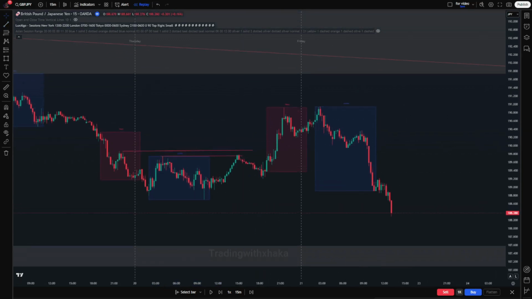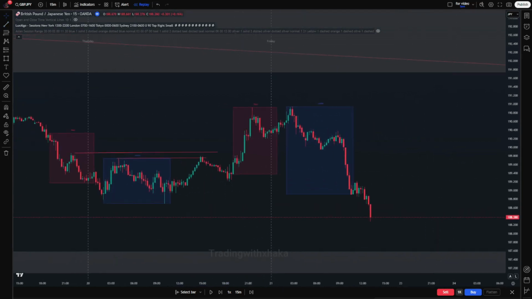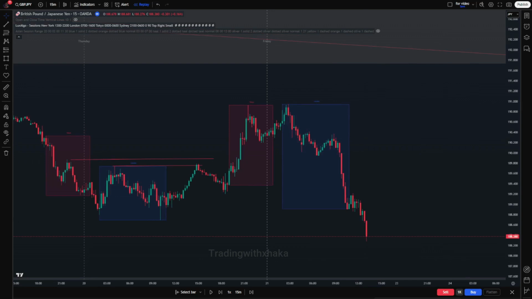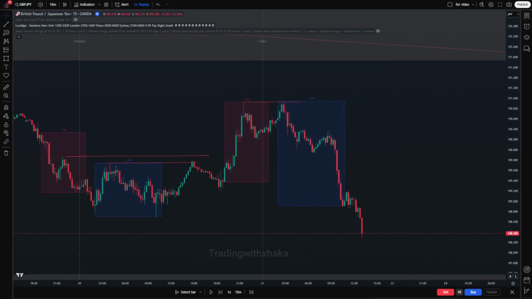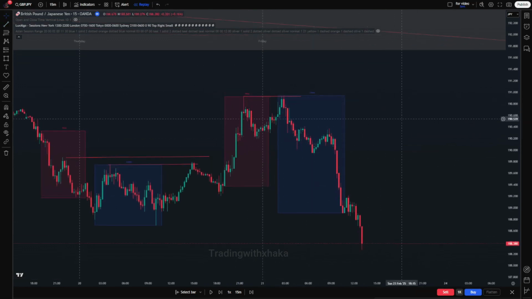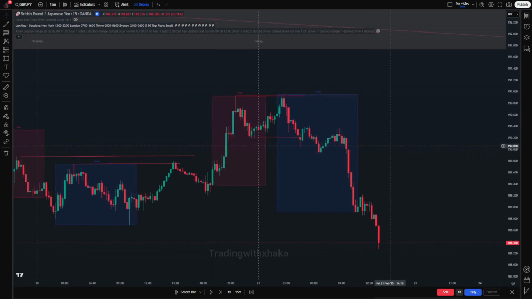All we are looking for now is market structure shift, right? We have a failed high here. We have a failed high here. Price failed to continue here, which shows indication of reversal, and we are looking for market structure shift because it's a continuation pattern. We want to see a break of structure with market change of structure here, right? So this is where you have to apply your experience. For me,